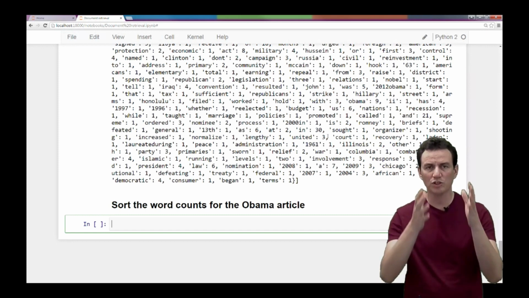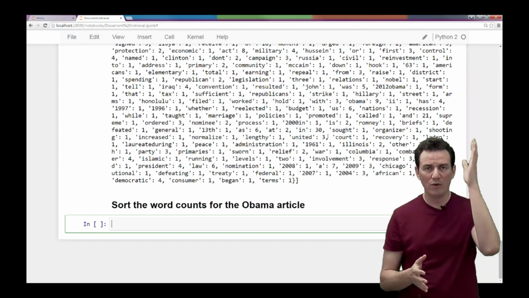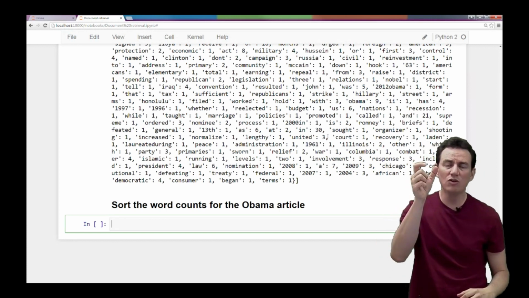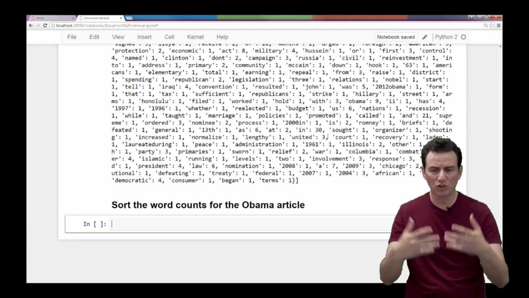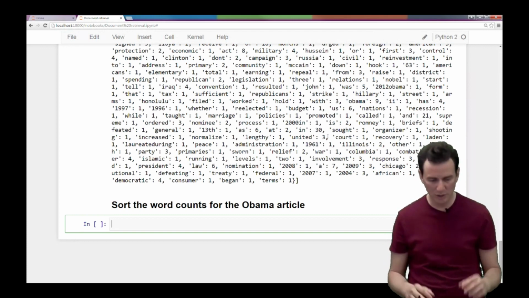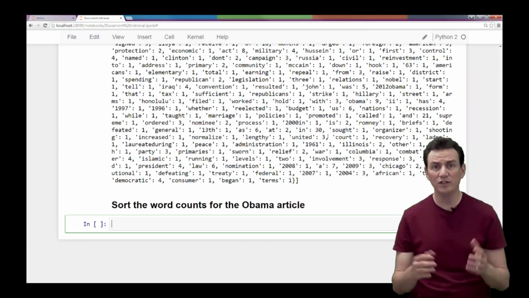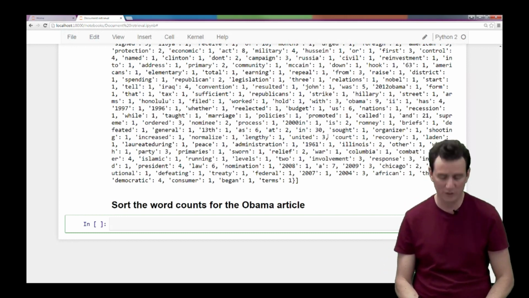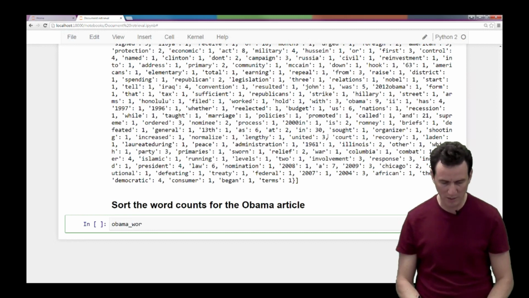And to sort those words, we have to turn it into a table where one column is the word, the key of the dictionary, and the second column is the count. And then we're going to sort that table. There are various ways to do it in Python, but let me show you a quick little trick that you'll find useful. So I'm going to create a new table called the Obama word count table. And what we're going to do is take this